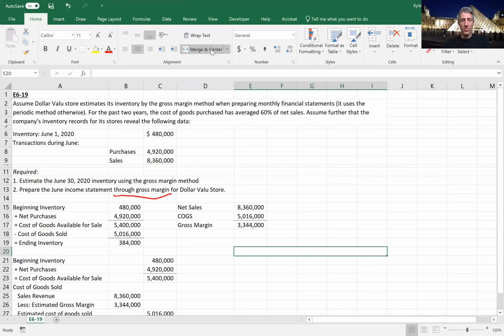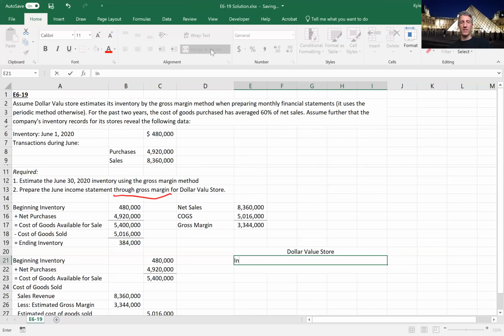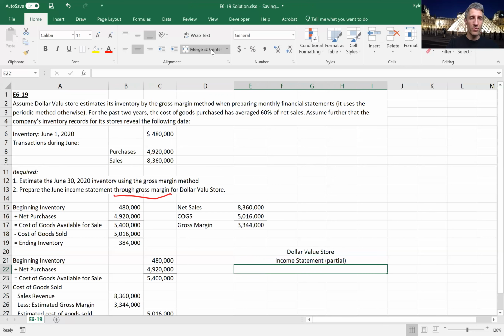And we should also know that in order to do any external facing financial document, so any financial statement, we should start with 3 title lines. So here, this is dollar value store. That's the first line. The second line is going to be, well, which financial statement is it? This is the income statement, and it's a partial income statement because we're only going to do it until we get to gross margin, and we need to know the time period. So this is for the month ended June